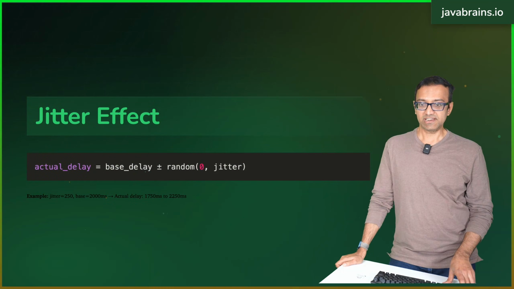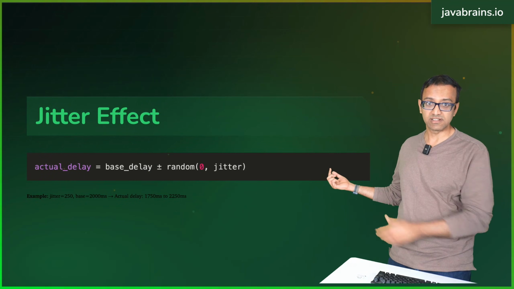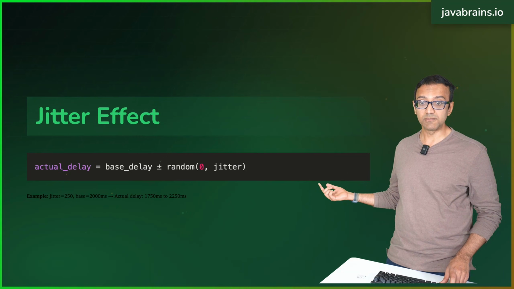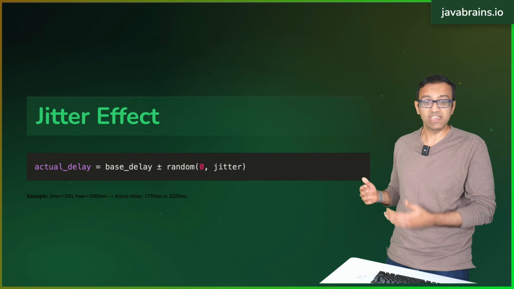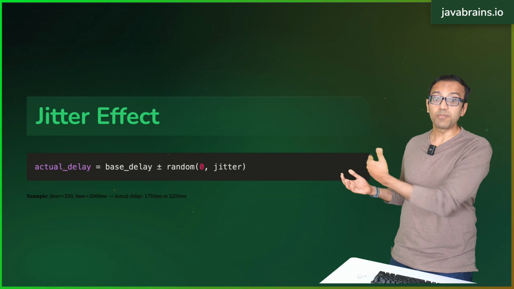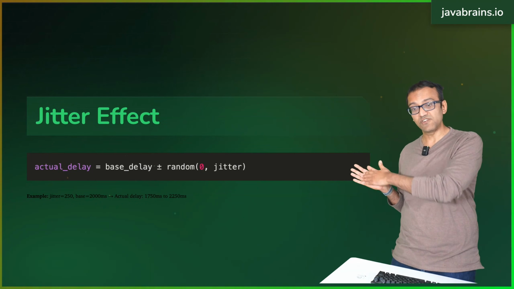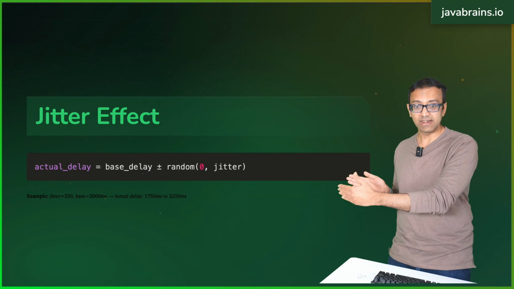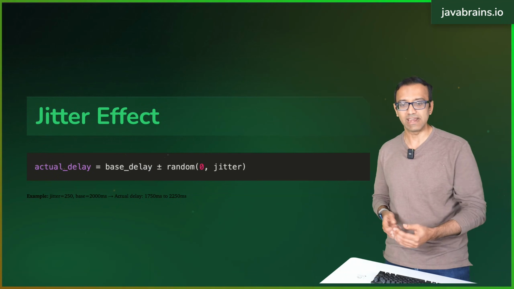So this is the jitter effect. It's going to find the base delay based on the exponential configuration, and then it's going to do plus or minus random of 0 to jitter, which is what I talked about. For 250, random of 0 to 250 gets a value, and then it's either going to do plus or minus. So either way, minus 250 to plus 250, some random number is going to affect the delay. So it's going to be a little bit earlier or a little bit later